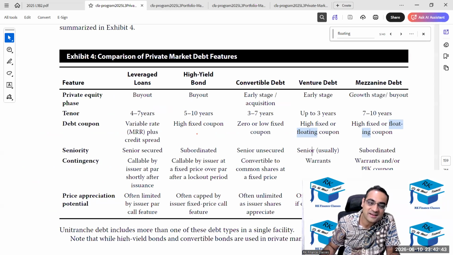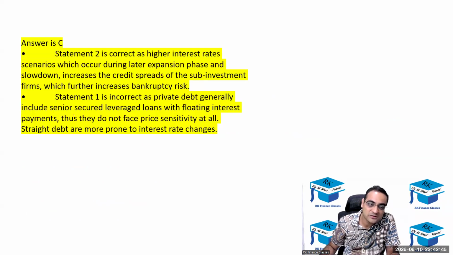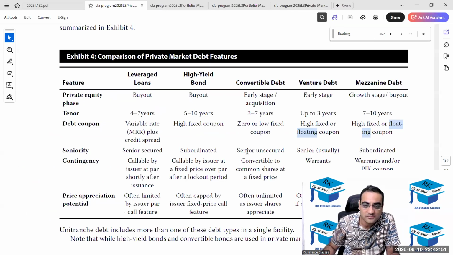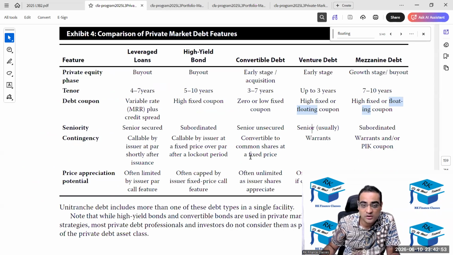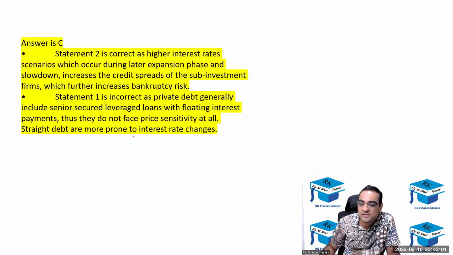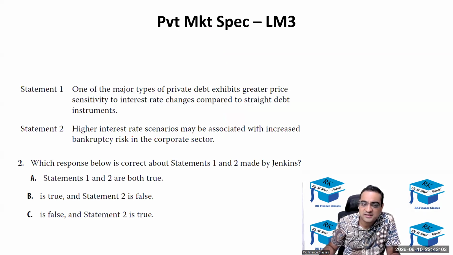मैं बोला सीनियर का क्या कनेक्शन था, I was trying to understand whether you are coming to some point with this. नहीं, इसका कुछ कनेक्शन नहीं था. तो इधर फ्लोटिंग रेट और you can say they are convertible, I mean they are having callable and putable, कुछ मेंशन है कि नहीं I don't know, but they could be callable and putable, and yeah, callable at issue. So that's the reason their effective duration will become lesser and hence the price sensitivity becomes lesser. Okay, so this is the logic you can come out with.